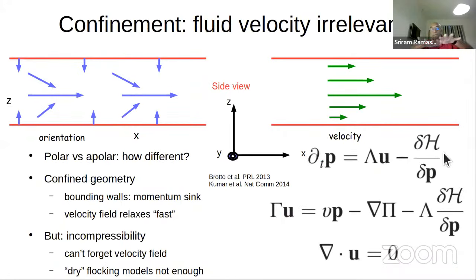A long wavelength distortion of P would create a restoring torque that goes to 0 as the wavelength gets longer and longer. So I'd get d by dt of the angular deviation of P would be something times some elastic constant times del squared of that angle. What happens here due to the interplay between these two terms, this active term and the